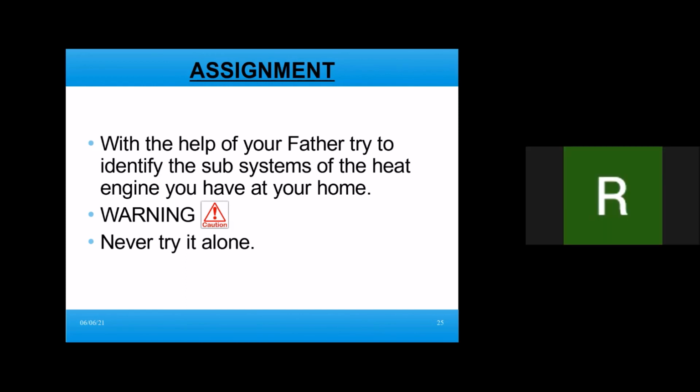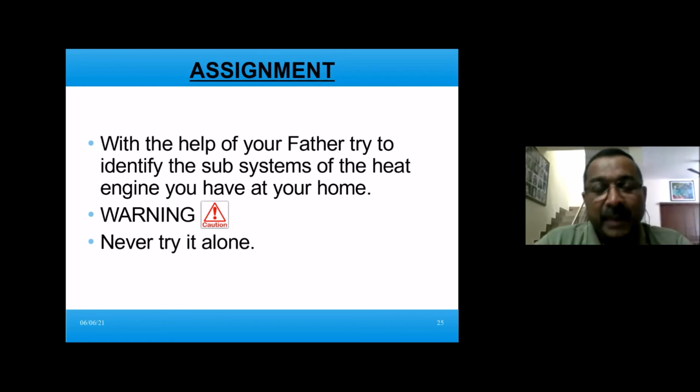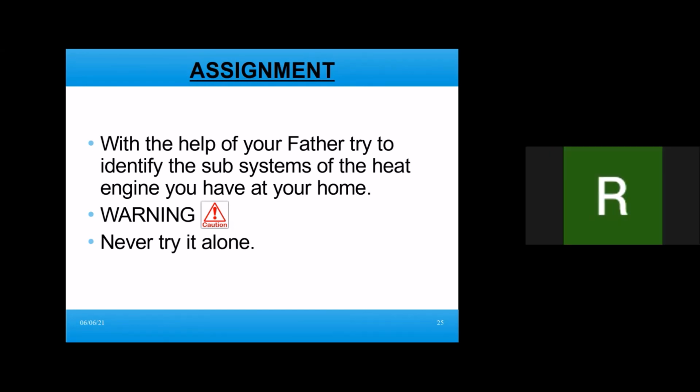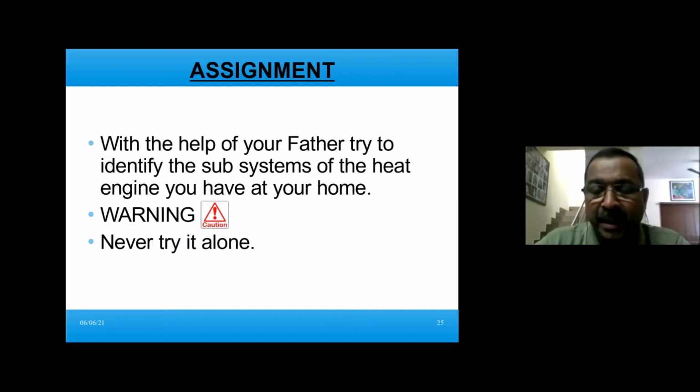Sir, instead of petroleum and diesel, are there any other fuels we can use? Okay. We can use, right now, compressed natural gas, then gasoline, other engine fuels, like such. All such fuels can be used. And actually in your ship, you will be using a fuel which is termed as heavy fuel oil, HFO.